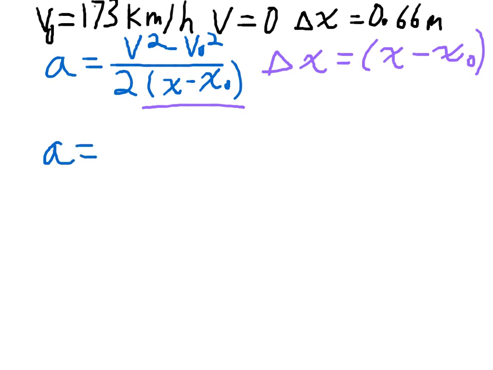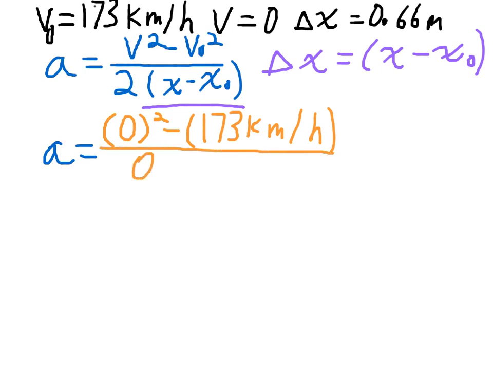So acceleration equals v squared, so final velocity is 0, okay, minus v naught squared. V naught was 173 kilometers per hour, divided by delta x, which is 0.66 meters. Okay, at this point in the problem, or earlier, so if you realize it at first, that's okay,